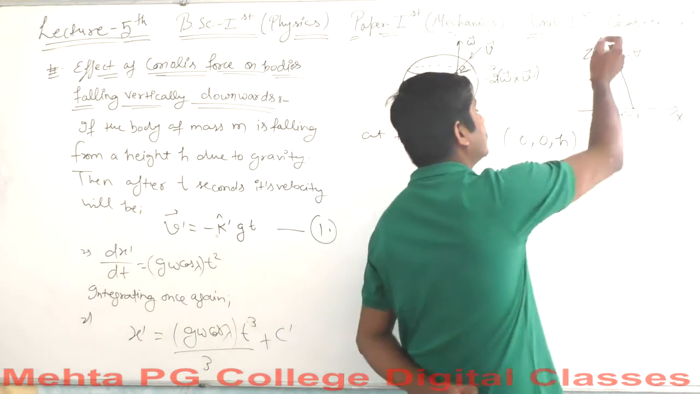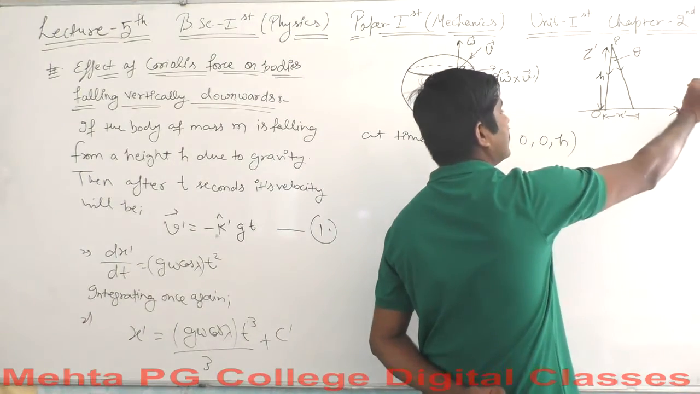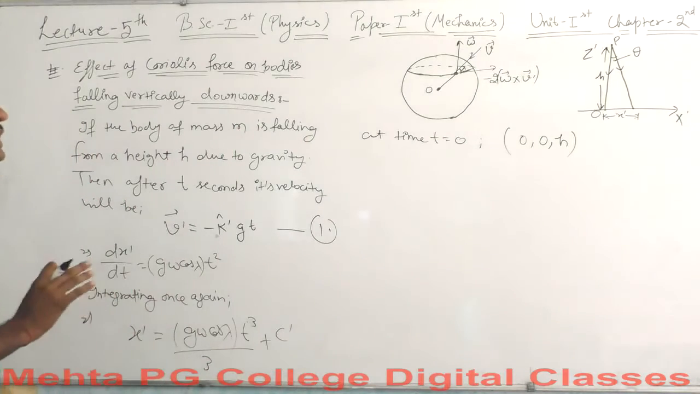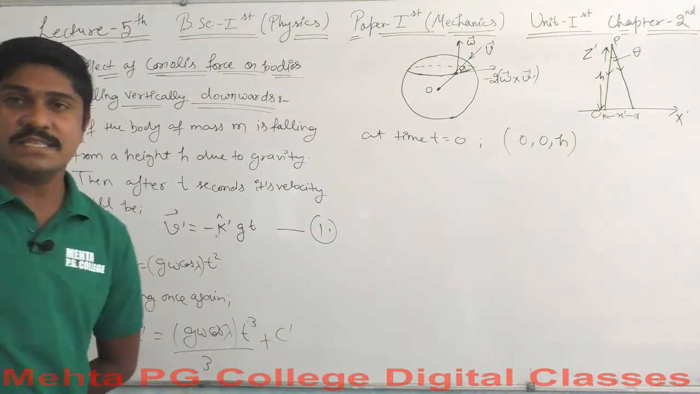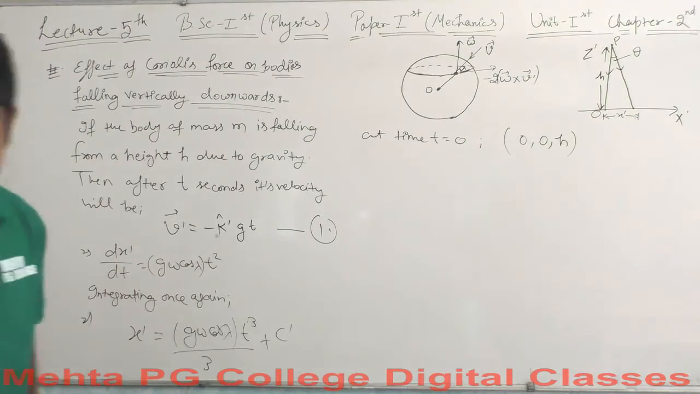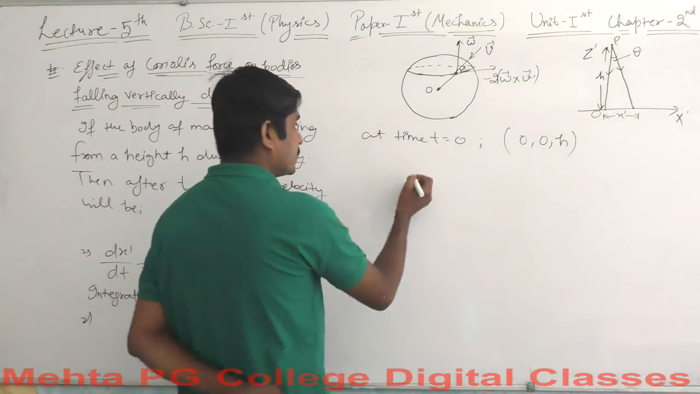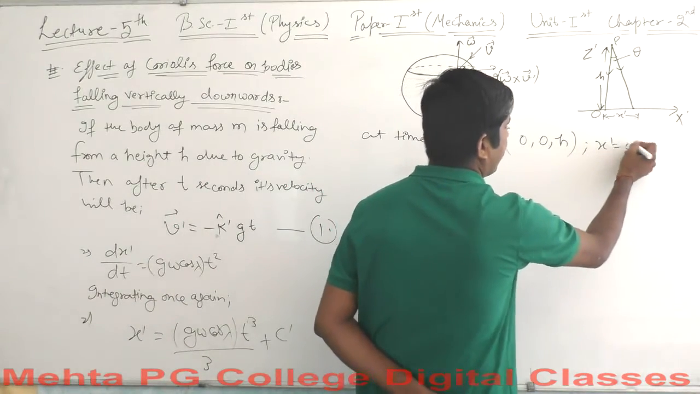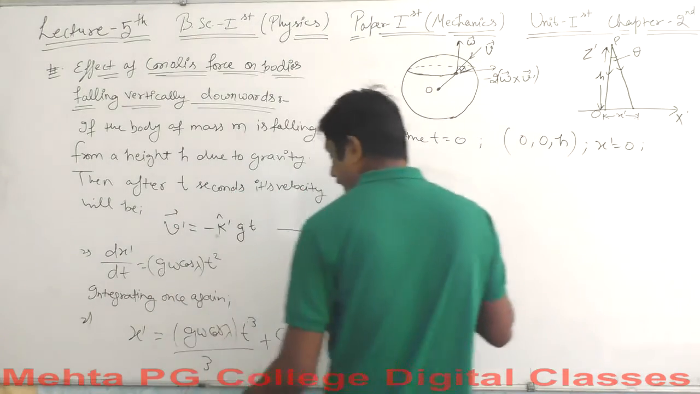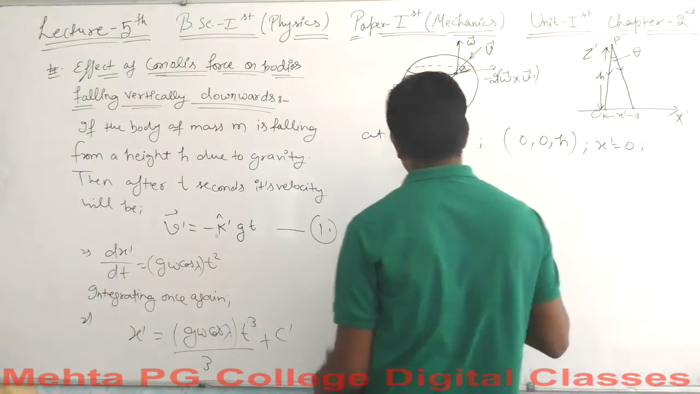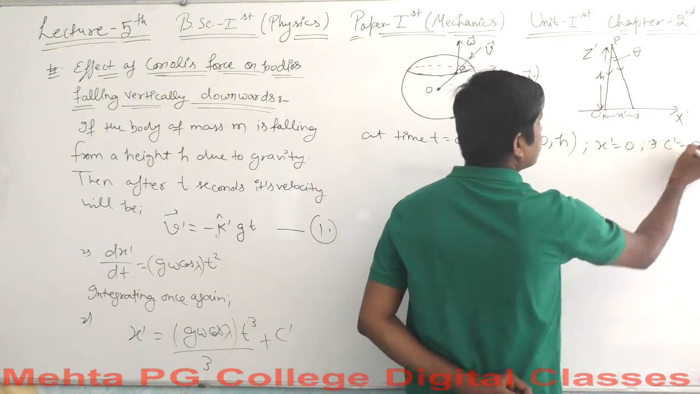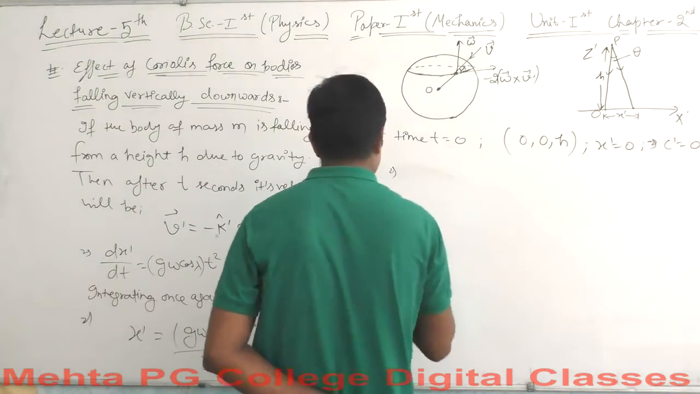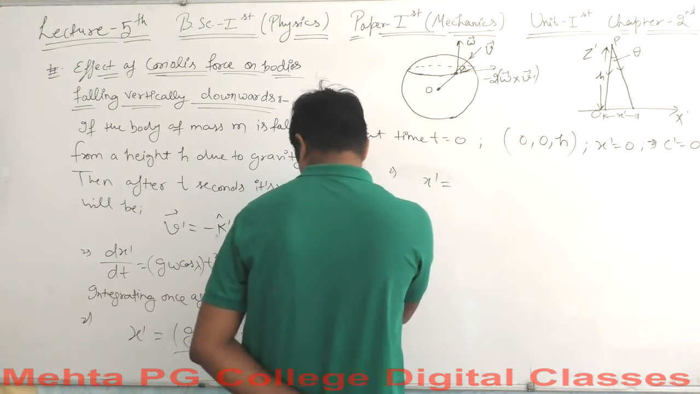This is the z dash axis actually, and this is the x dash axis. So we got the displacement for the z axis only, but not for the x axis and the y axis. So at t equals 0, x dash will be 0, and when x dash is 0 and t is 0, then certainly y dash will again equal 0. So this equation can be written as